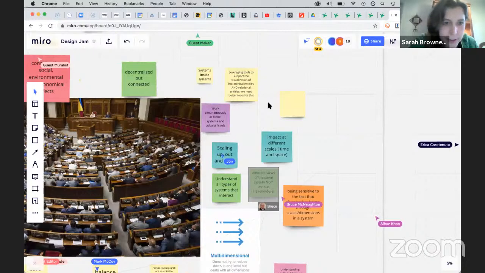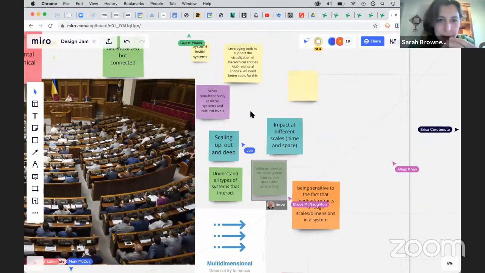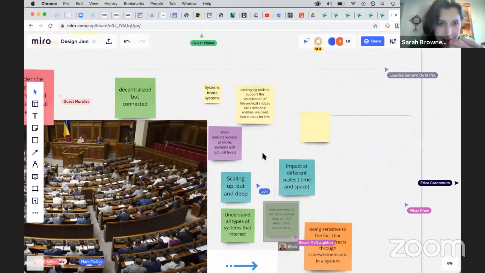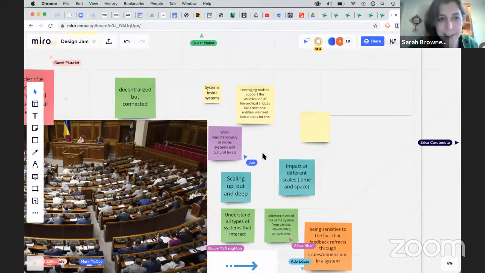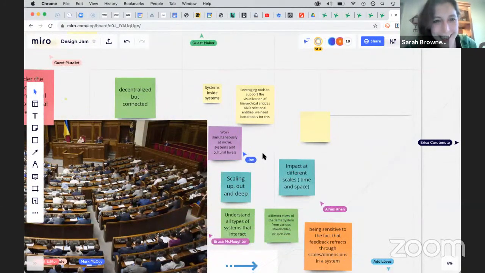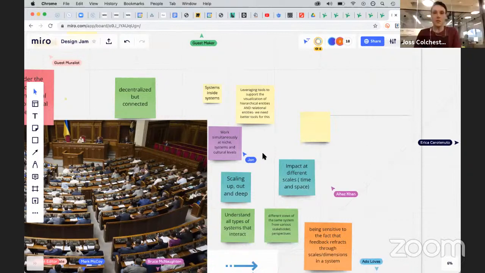There's also one underneath that refers to this too, but trying to start at the level of decision making that's needed for the particular thing you're trying to address. The more decentralized, I think, the better, but then not everything can be done at the decentralized level. Devolution is the word, isn't it? You push it out to the lowest level that you can.